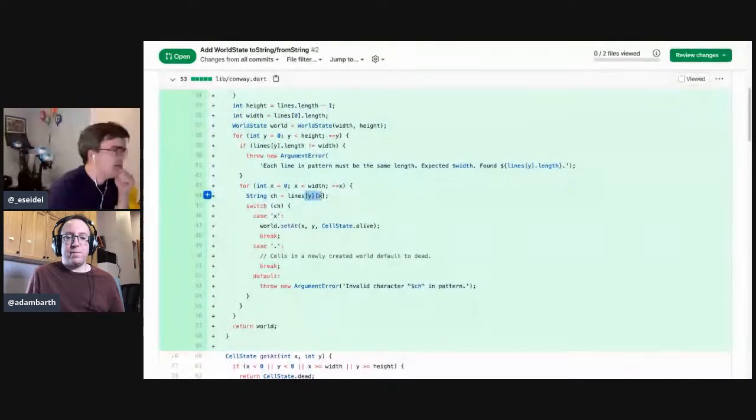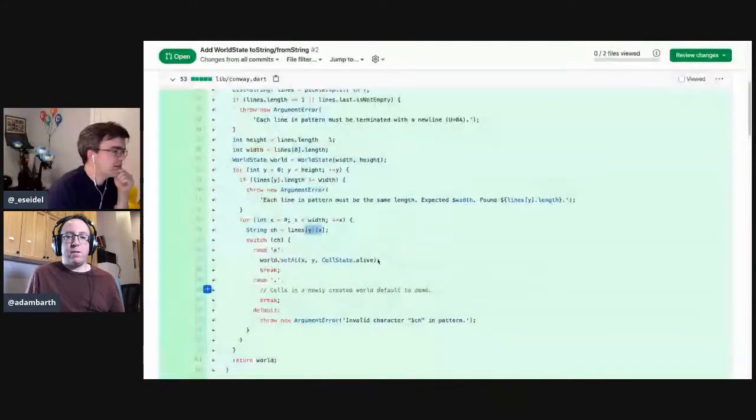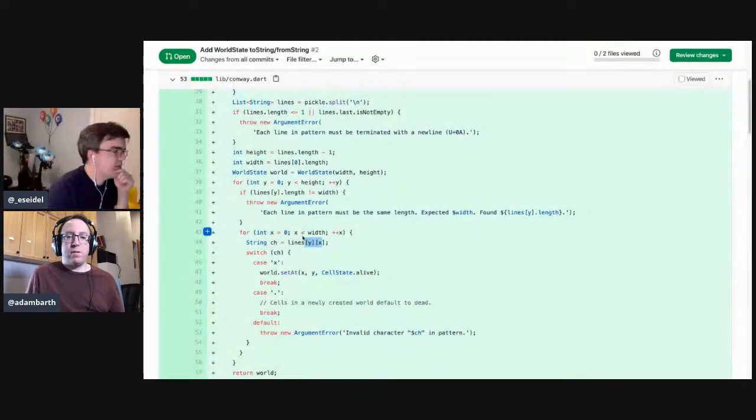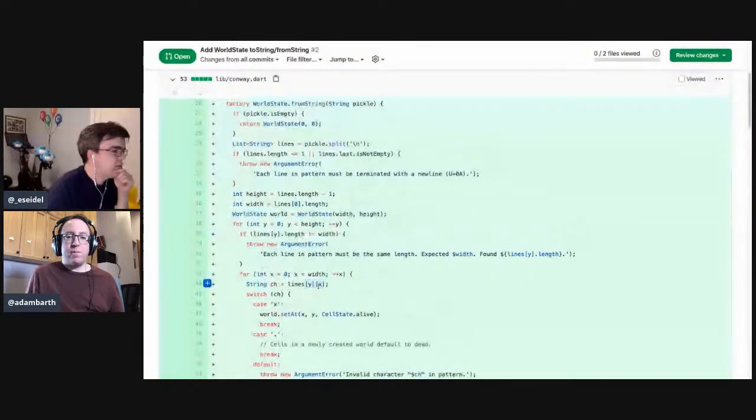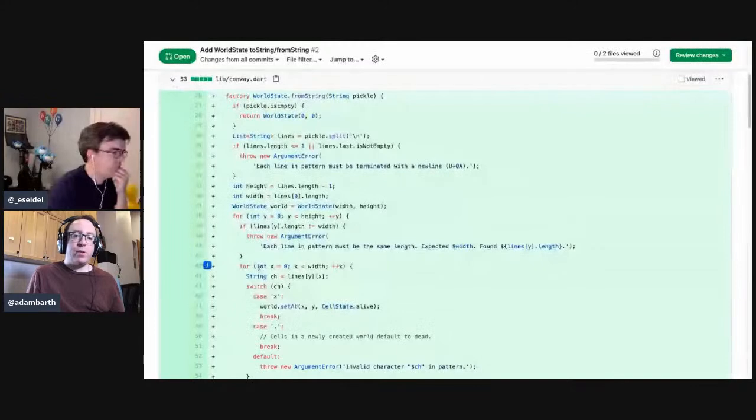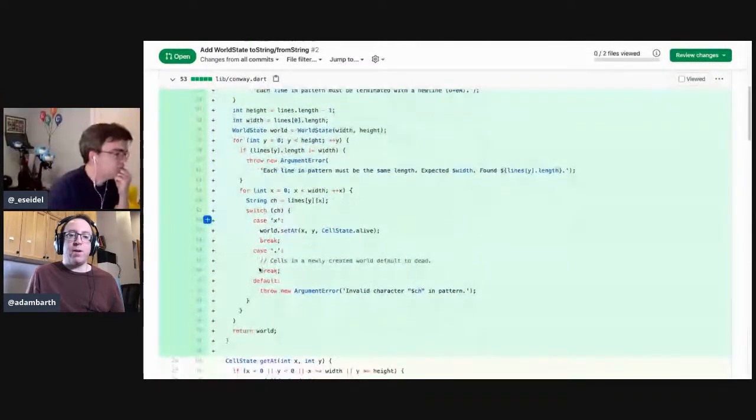So you'll get an index error, and you probably catch that, right? You don't catch it and turn it into an argument error, but you will get an index error if one of the lines is of different length, right? So I checked that on line 39. Oh, that's just above your cursor. Yeah, I wanted it specifically to be an argument error as opposed to an index error.